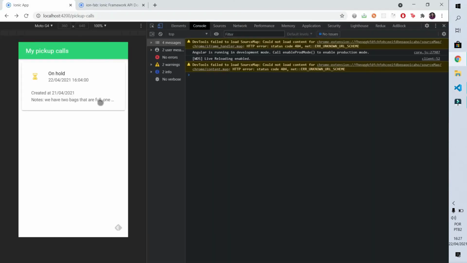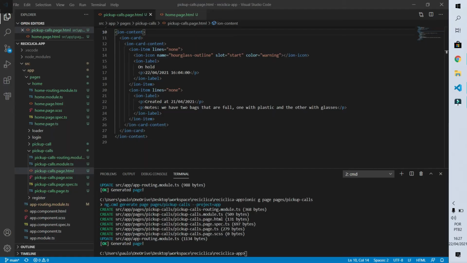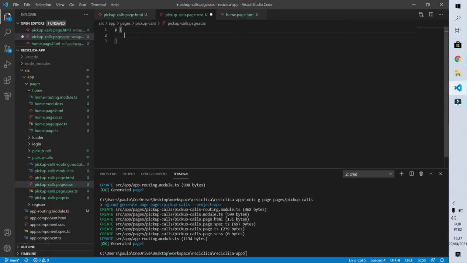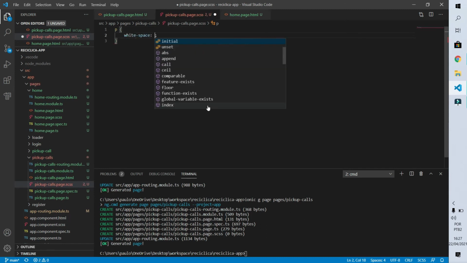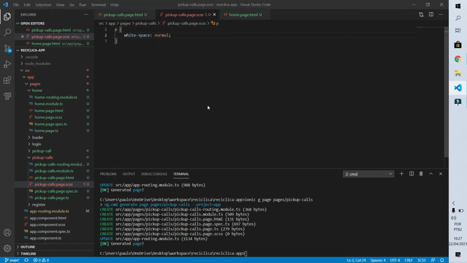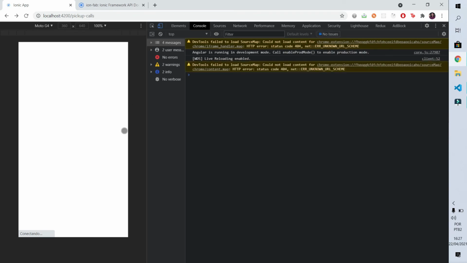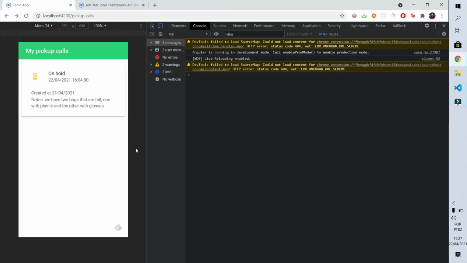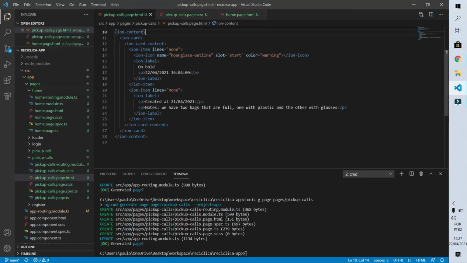Notice that I'm going also to need the style that was created there in our home screen. As it's just a simple style that I need, I'll just type it in here. Look. White space has to be of the type normal so that the nodes will show up completely. Okay, now we already have our card with one of the 3 statuses, which is the on hold one. Now let's copy and paste this card twice so we already have all the 3 cards. They are here showing up on the screen.